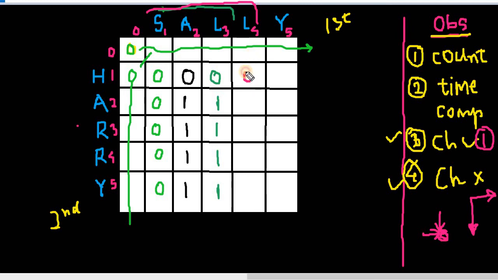So first will be 0 because there are no preceding values in the diagonals. Similarly, we'll compare these two values, like we'll check L with A, it does not match. So we'll compare these two values and we'll write the maximum one. Similarly, L, A, or we can say that L is not present. So all the values will be compared to each other here, compared between these, and the maximum will be taken, compared between two and the maximum taken.